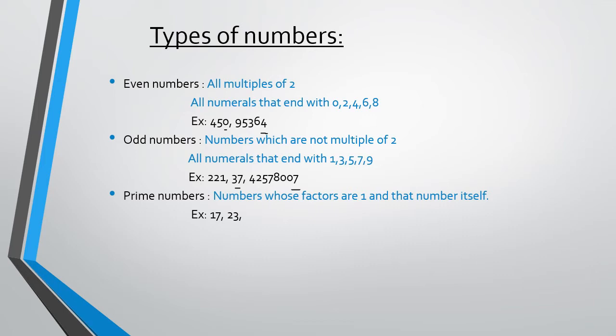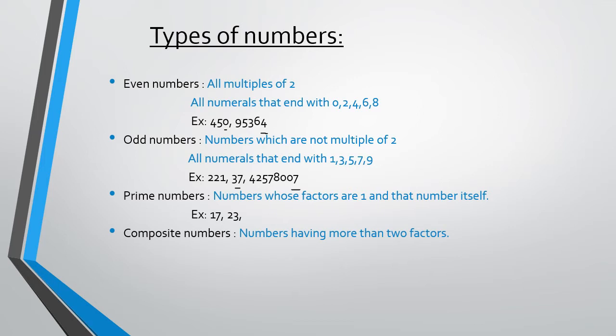I want you all to recollect and think of a prime number. Yes, I know, immediately you all will think of 2. You all will think of 3. So 2 and 3 are prime numbers as well. 2 can be divided only by 1 and 2, and 3 can be divided only by 1 and 3.